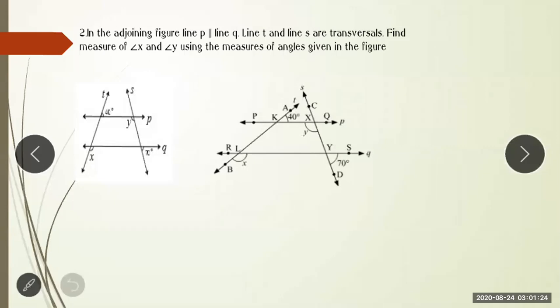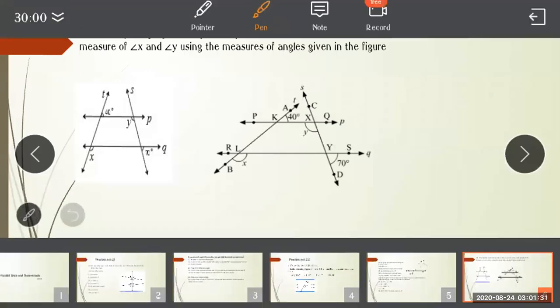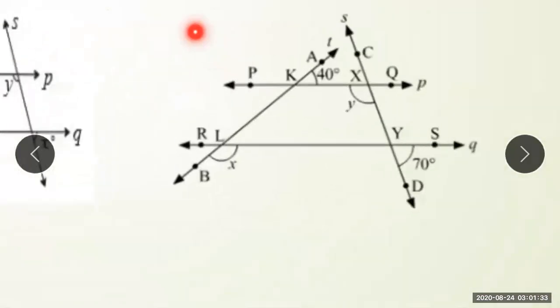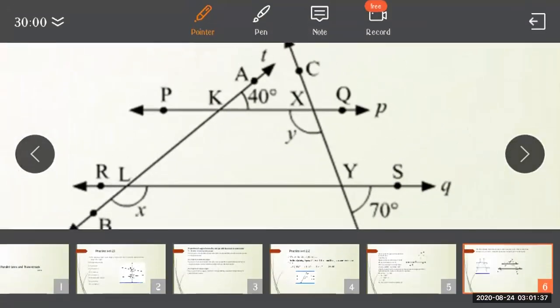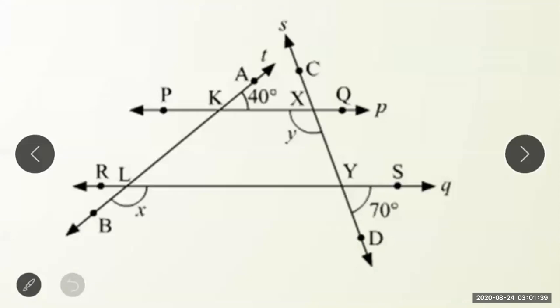I will explain first with the help of the diagram so that you can get a clear idea. Okay, now see the first diagram. First you have to mark the points. Then you have to show the intersecting lines. Then you have to show what is given in the question. You have to remember these three things while solving this type of sum.